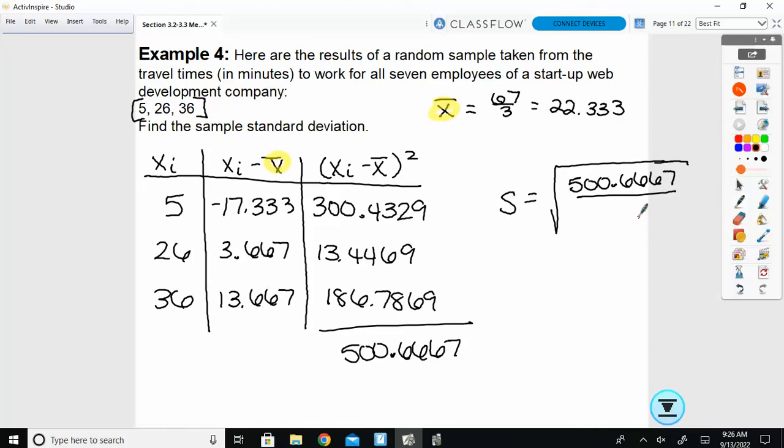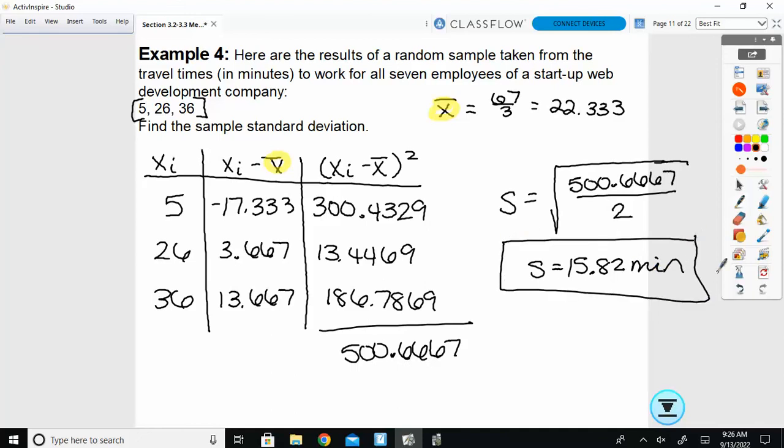Here's the one piece that's different. What do we divide by this time? N minus 1. So my N here is 3. We had 3 points. So 3 minus 1 is 2. So we get a sample standard deviation of 15.82